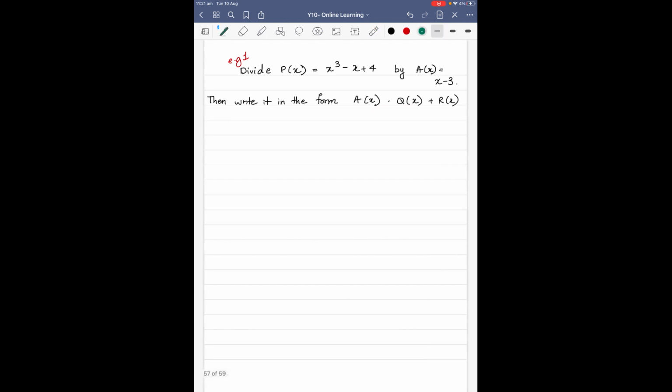Now, before we perform it, there is one really important rule you need to know when you're dividing polynomials. You need to check that the powers are all present in descending order